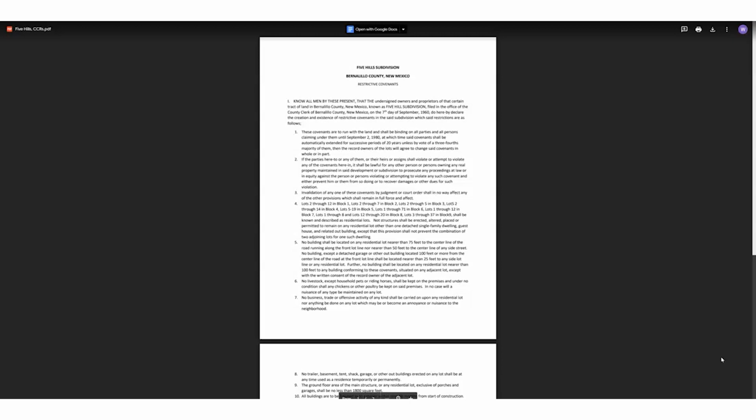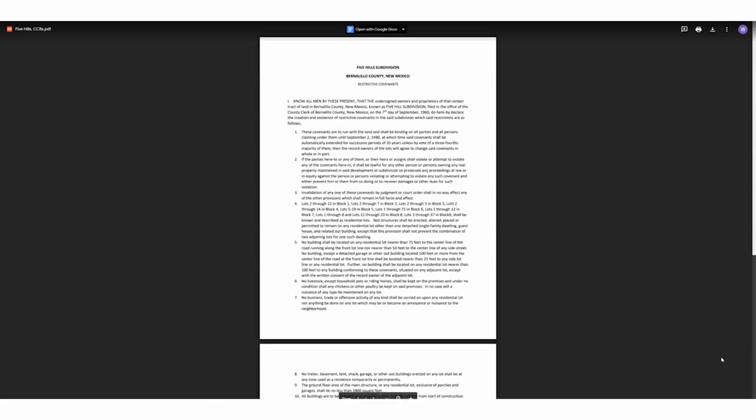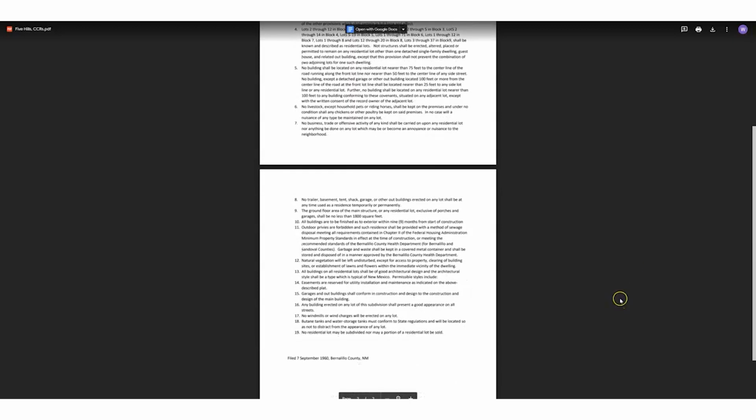These are, once again, what we call reasonable, logical, good neighbor restrictions. These are the sorts of things that really anybody would find agreeable, again, unless you're a real jerk. So, let me go through the list here. First off, guys, the parts that are going to answer a lot of questions for you begin at point